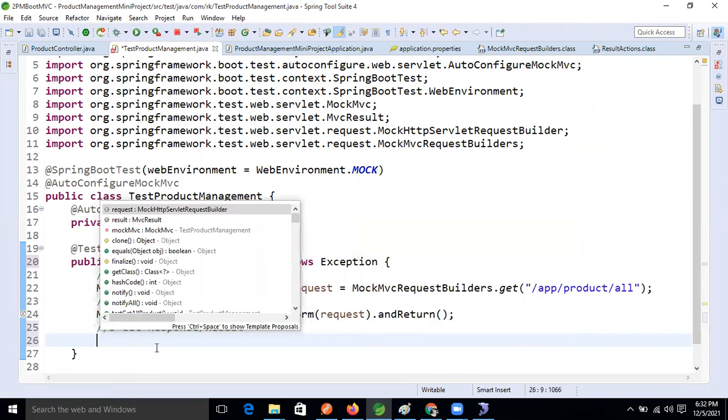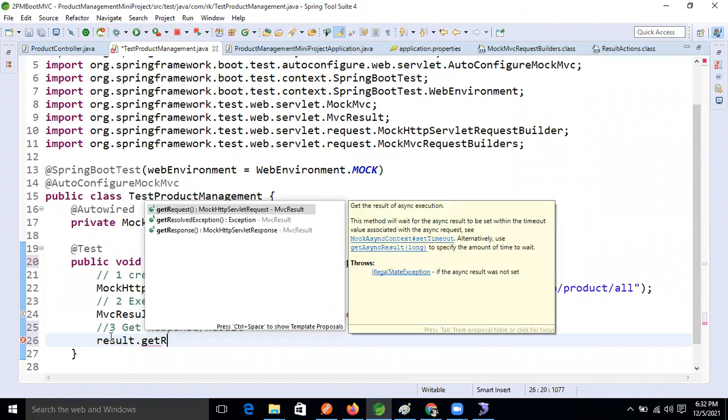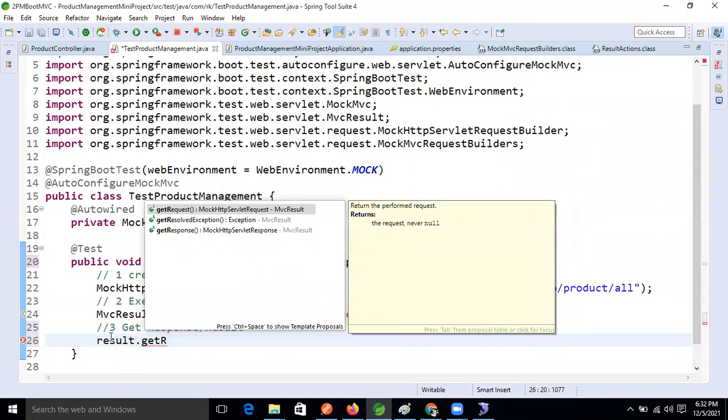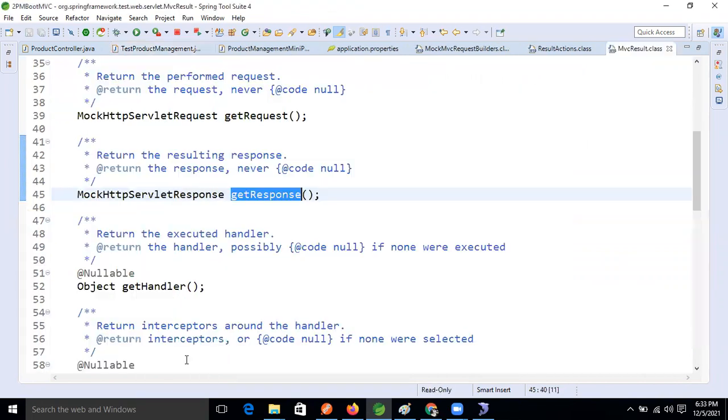From the result dot get response. What does it return? MockHttpServletResponse is being returned.